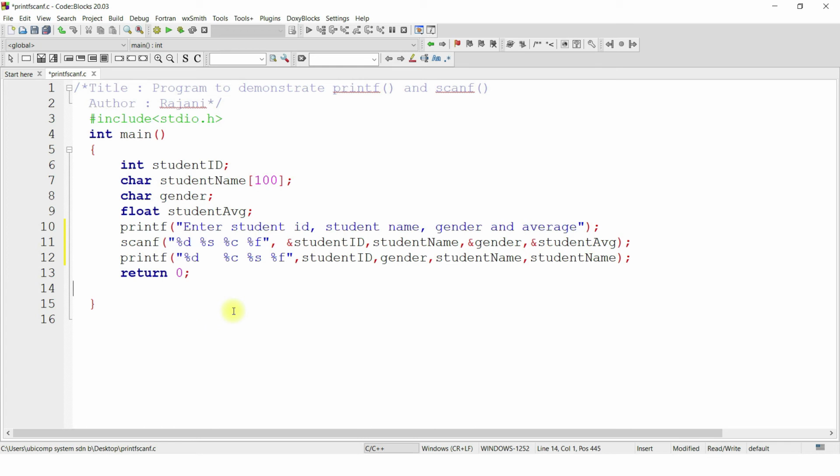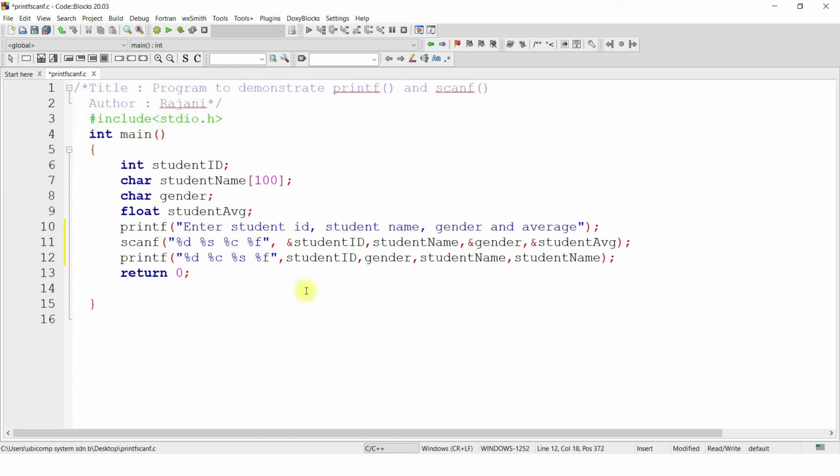So, while displaying the data, we can format the data as per our choice. More about formatting the data using printf we will learn in the next videos. Now, let's keep only one space, and as the printf and scanf functions are available in stdio.h, we must include stdio.h